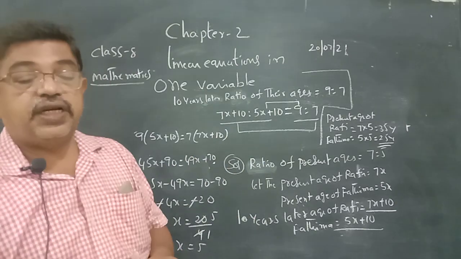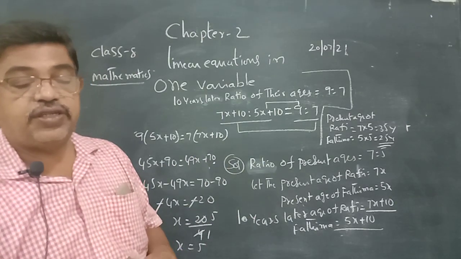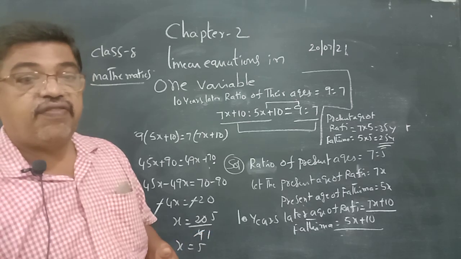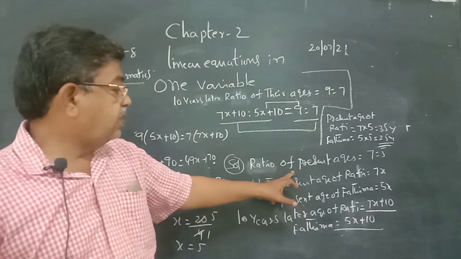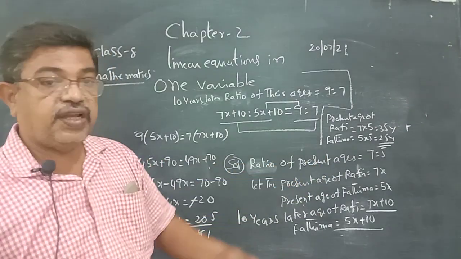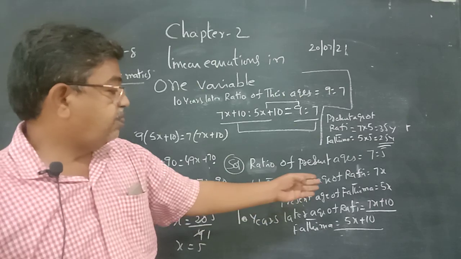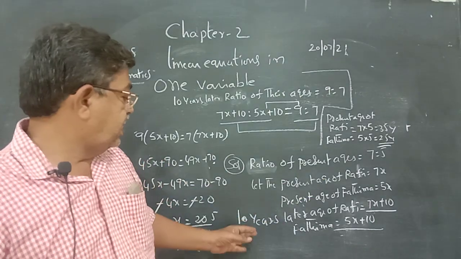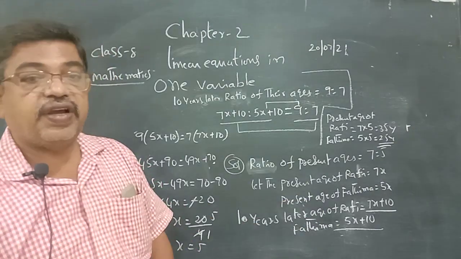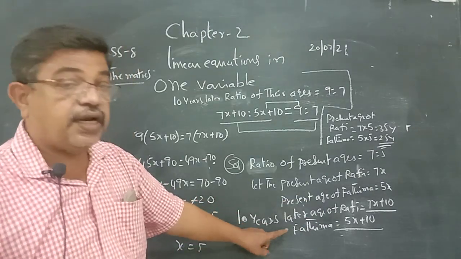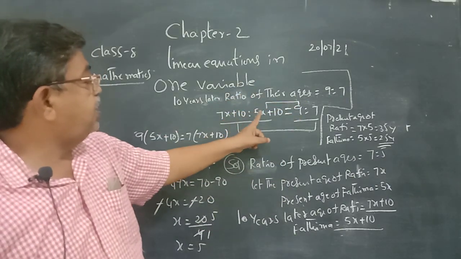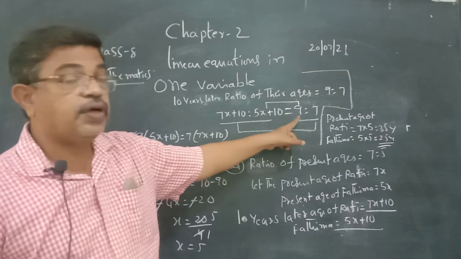The ratio of the ages of Rafi and Fatima are given to be 7:5. 10 years later, the ratio of their ages is 9:7. Find their ages. I start with that. Ratio of ages equal to 7:5. Let the age of Rafi equal to 7x and age of Fatima equal to 5x. 10 years later, age of Rafi equal to 7x plus 10. Age of Fatima equal to 5x plus 10. 10 years later, ratio of their ages is given to be 9:7. Therefore, 7x plus 10 is to 5x plus 10 is equal to 9:7.